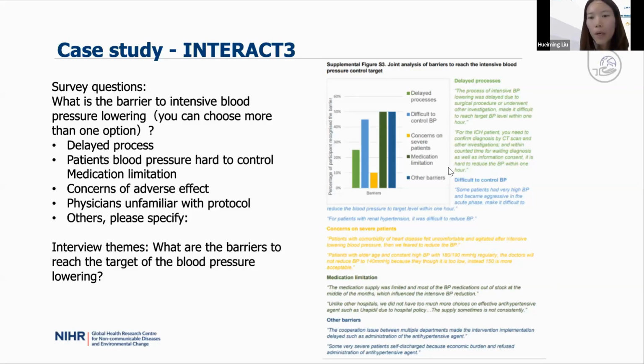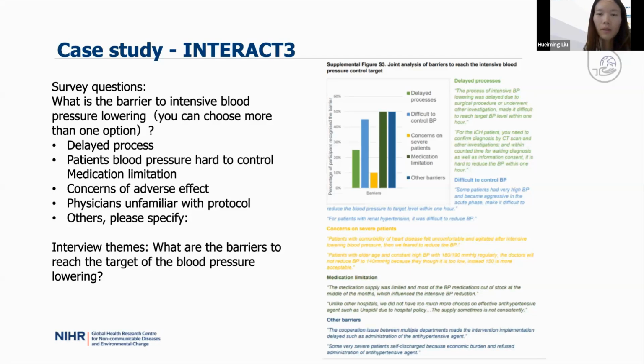And we use a bar chart, which presents the findings from the survey, which can show which are the most mentioned barriers for blood pressure lowering, but also some quotes from the interviews to explain more about why it is a barrier and how it impacts reaching the target of